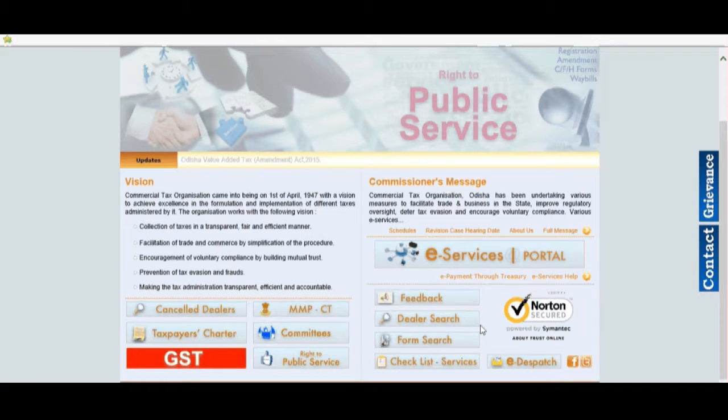This is a video demonstration of the procedure for filing tax returns under various acts such as VAT, CST, entry tax, professional tax and entertainment tax in the state of Odisha. For filing the tax return, the user can visit the e-Services portal tab on the website